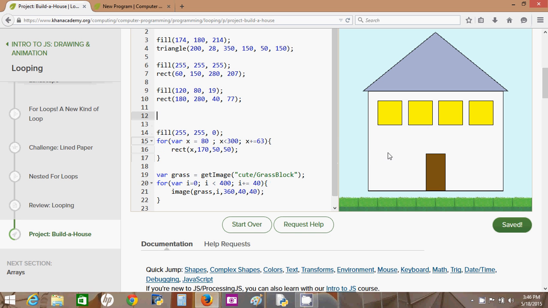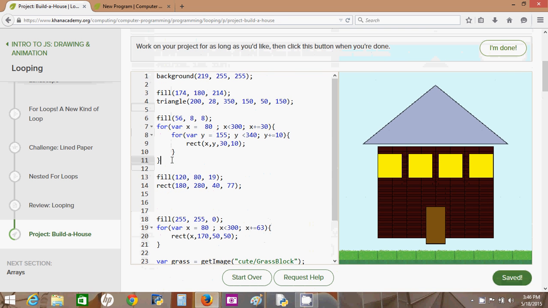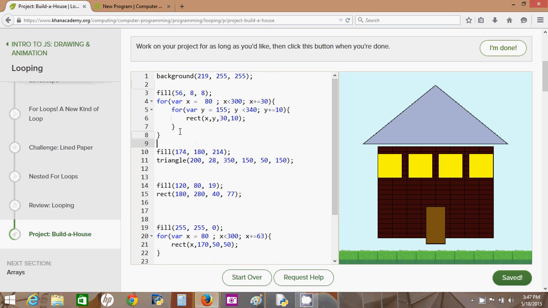Guess I did not put it in the right spot because I don't want to cover up that door. So look at this color. Yeah, that's where the door is. This is the body of the house. So I think I'll actually just replace the body of the house with the bricks, since it's going to cover it up anyway. And now, actually changing my mind once again, I'm going to put it all the way up here so that the roof covers it as well. And now to make everything look better, I gotta adjust the